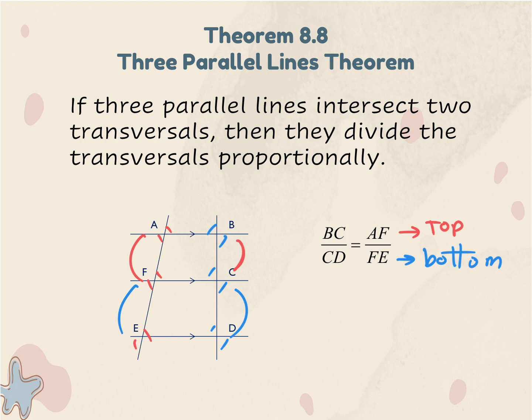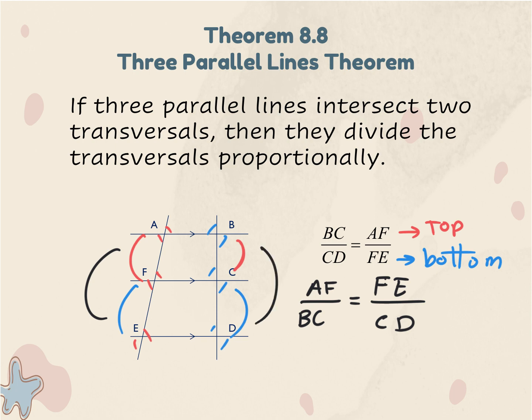We can actually change the order in many different ways. I'm going to do a few. I can do AF, for example, the top left one, over BC. So the top with the top on the left side, and I can do FE over CD. So I did the left side and then the right side on the fractions. You can also do it the opposite. You can flip the bottom and the top. You can do, I'm going to put it up here, EF over AF, so again, the whole thing, I just flip them, equals